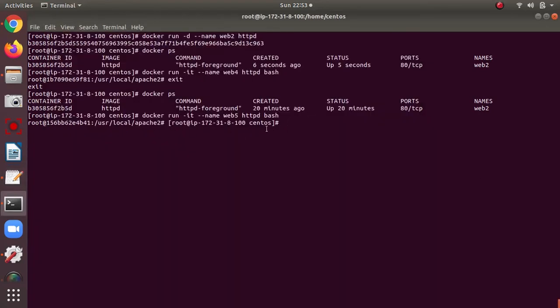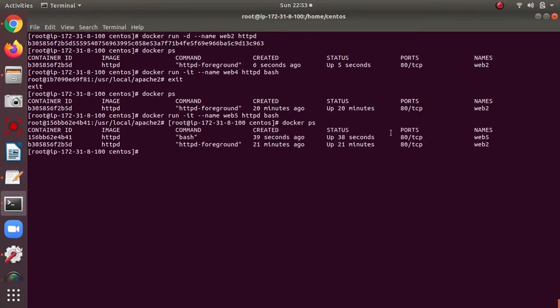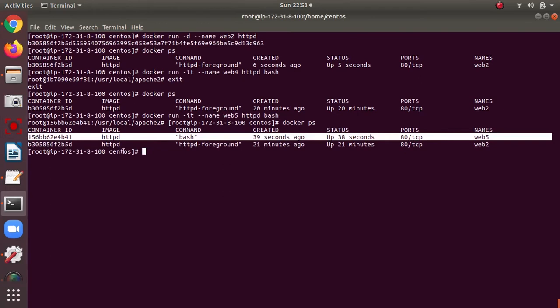It will come out of the container, and when we run docker ps you will see that it is not stopped. Where is my web5? As you see, I have created a container named web5 and it is already running. In this way you can achieve this.